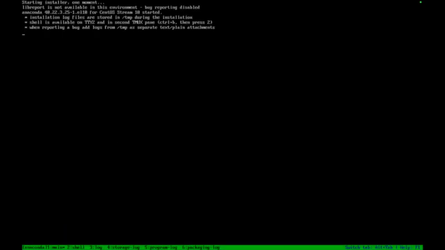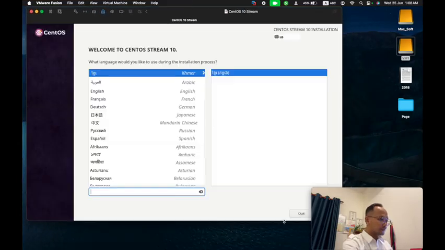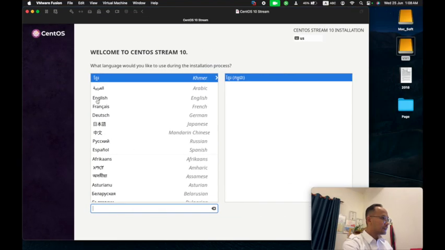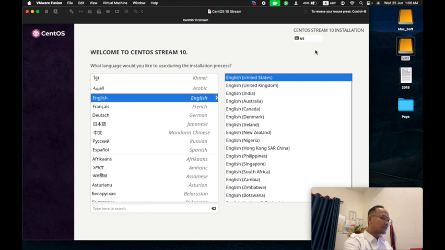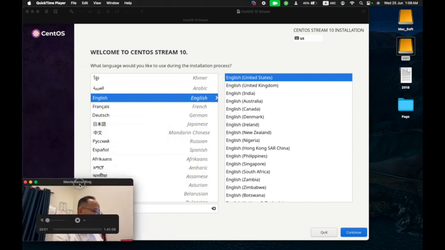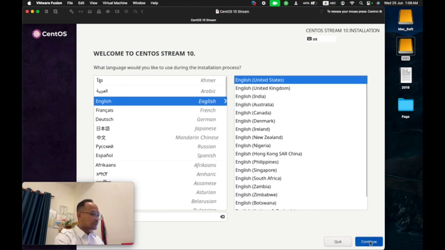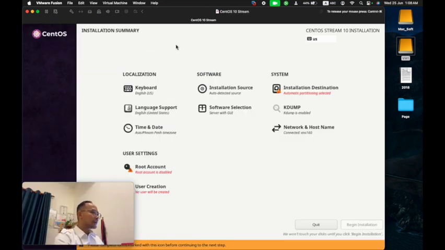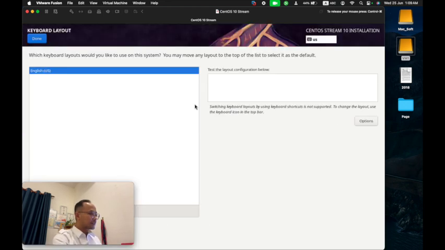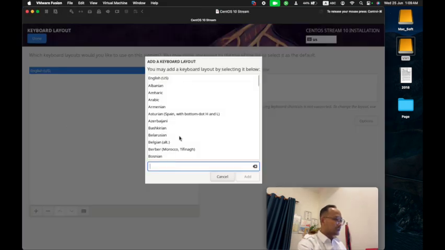It still cannot boot, so we need to shut down the virtual machine first, go to settings, and choose advanced configuration.